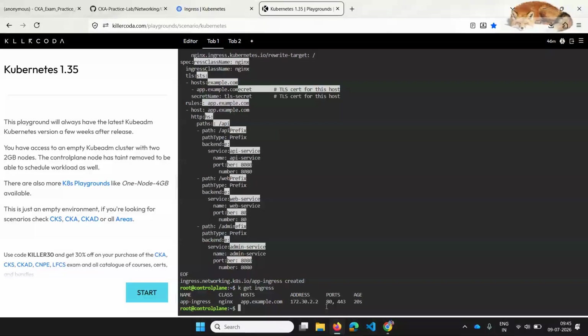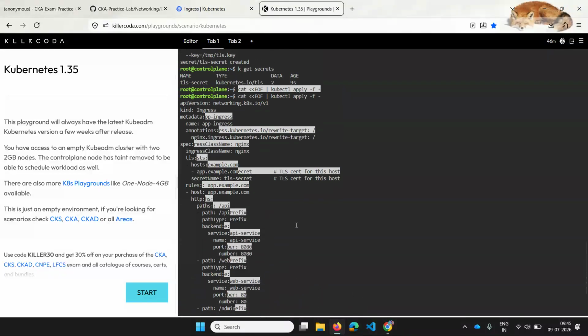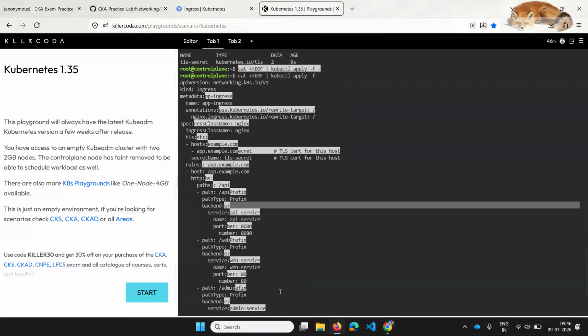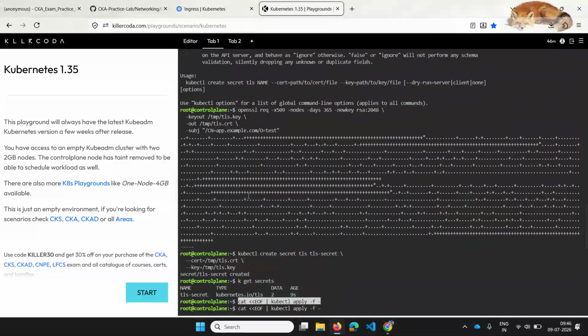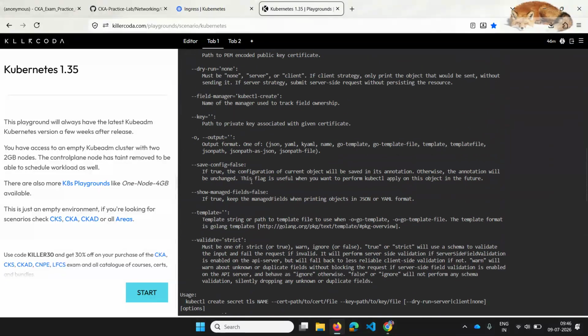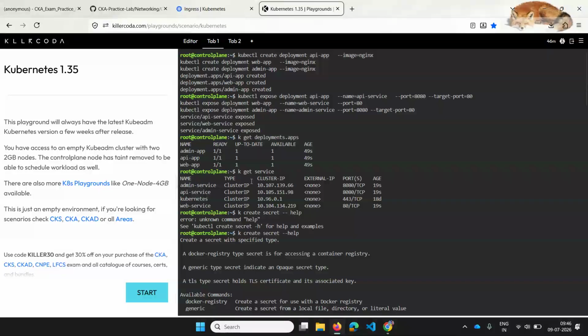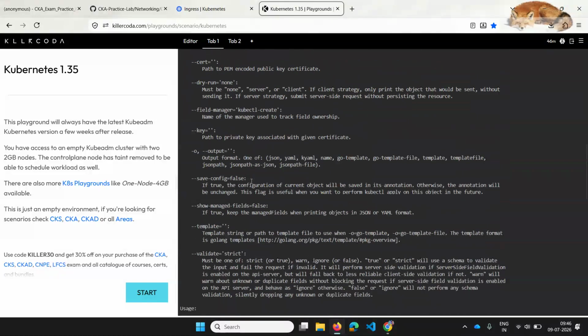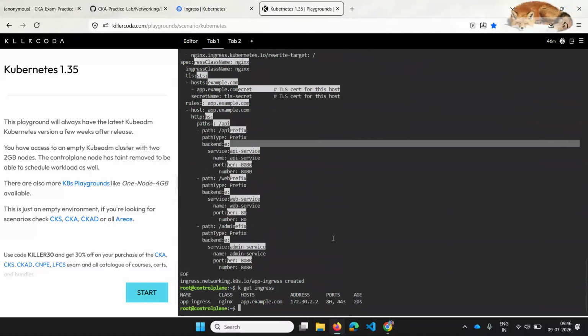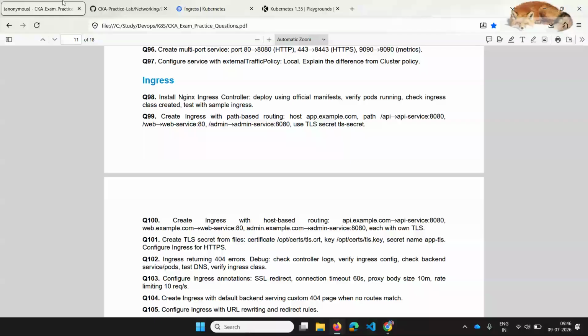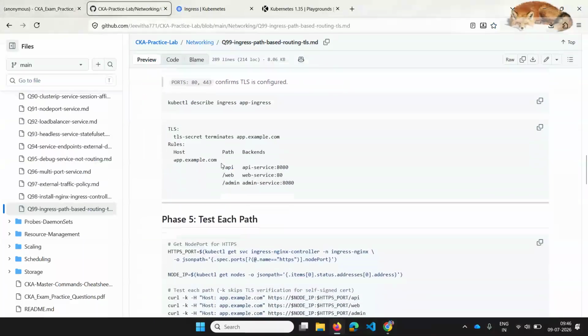Okay, so as you can see here, port number 80, port number 443. Now I want to just verify this.